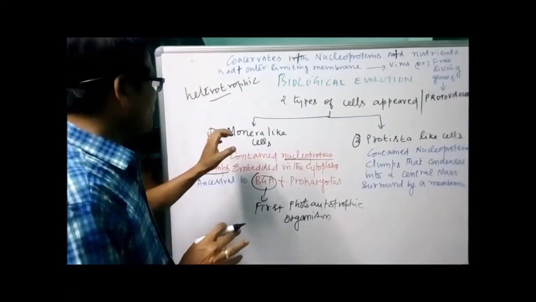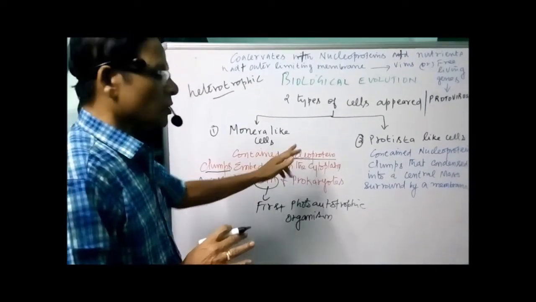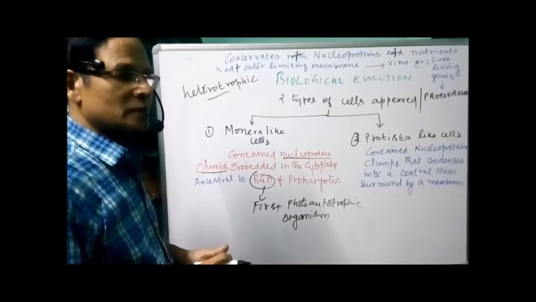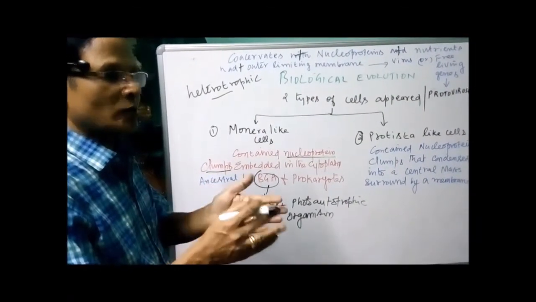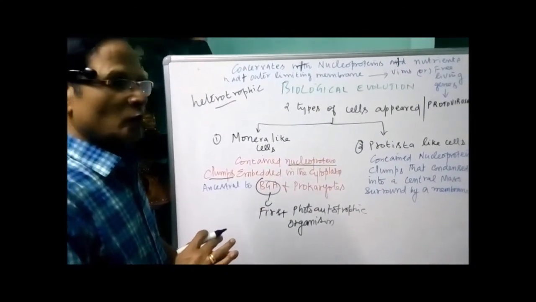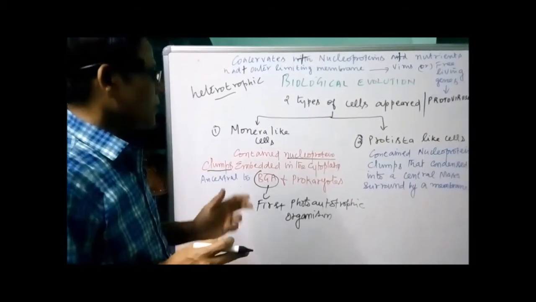So the first type of cell developed contained nucleoprotein clumps, a mass embedded in the cytoplasm. That means there is no specific nucleus. As in the case of prokaryotes, we have a nucleoid. That's the first cell. Then the second cell type that appeared,